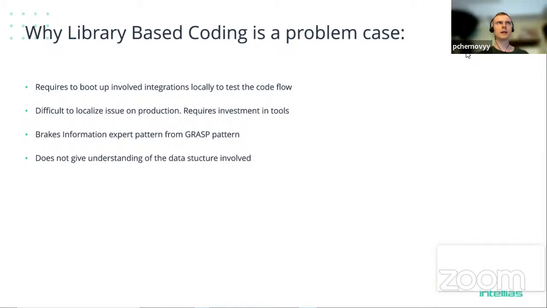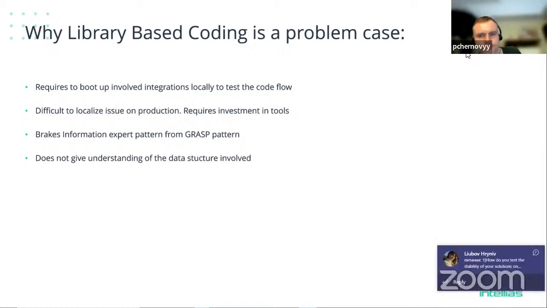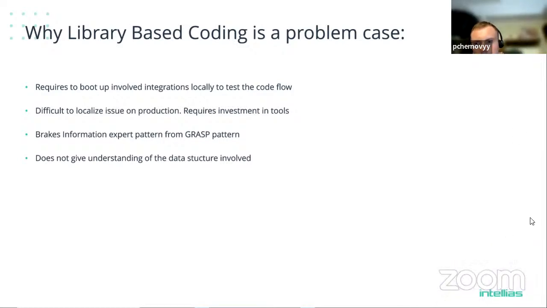We needed to have AWS booted up locally, right? We needed to have that template of the prices locally, right? And we need to put breakpoints on each step to be able to find the bug if one occurs,